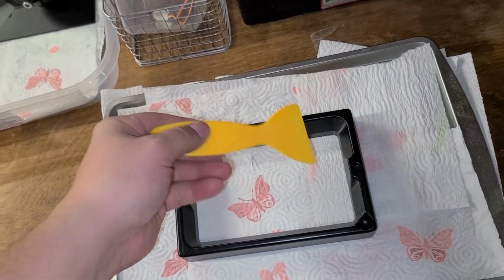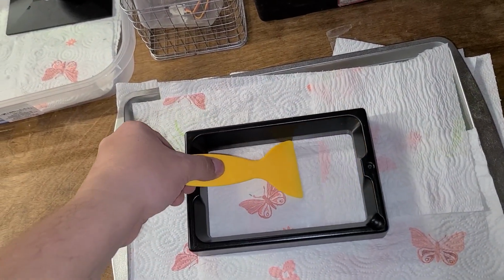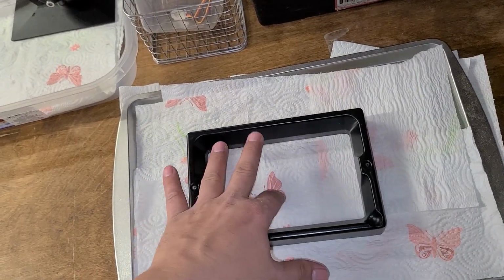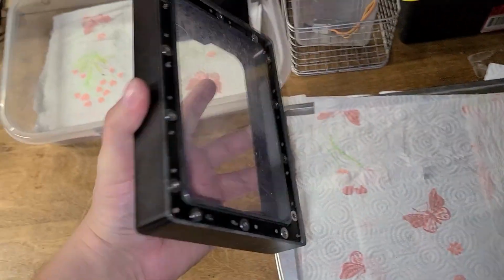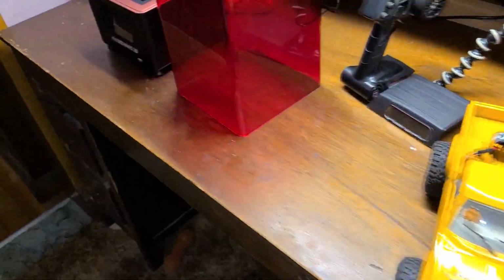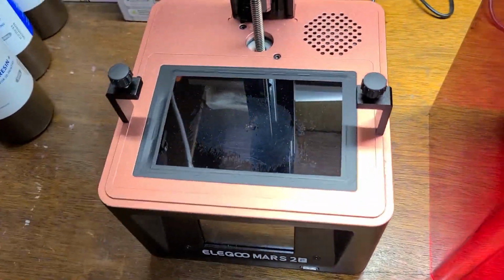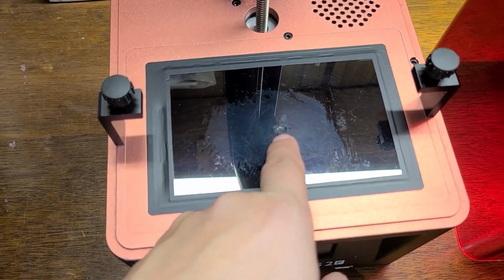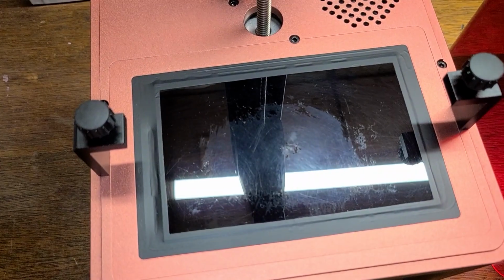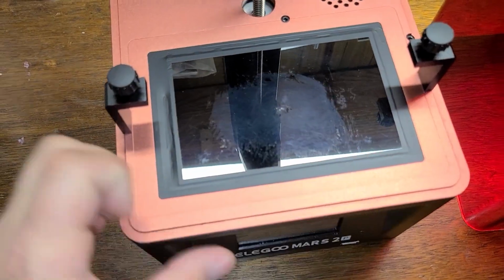Then just put light pressure with a spatula. I got plastic ones, a whole mess of these. Just put light pressure, go like that. If you see a hole or wet underneath, it means you got a hole in the screen. Then you have to change it, which is very simple to do. I didn't notice it, and it started right there, and I got the whole screen like that. So yeah, I got the plastic off, but